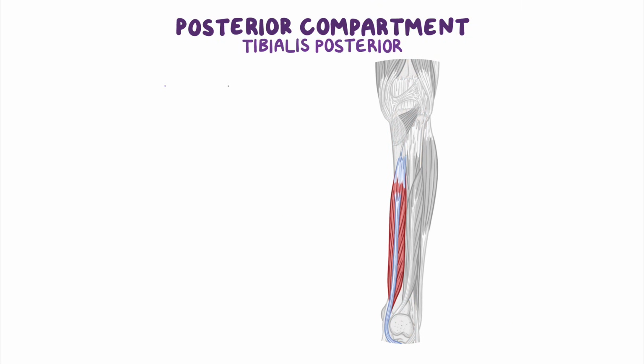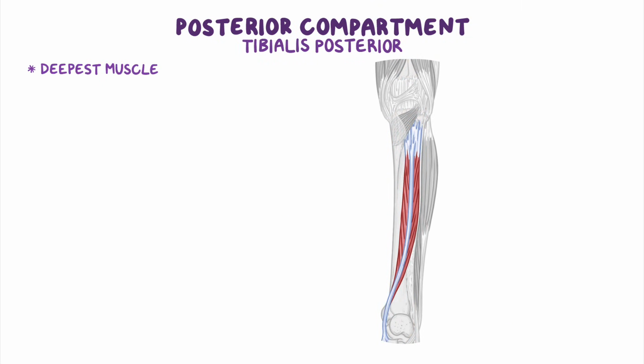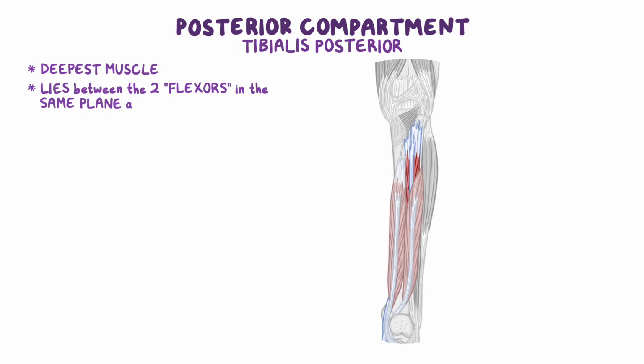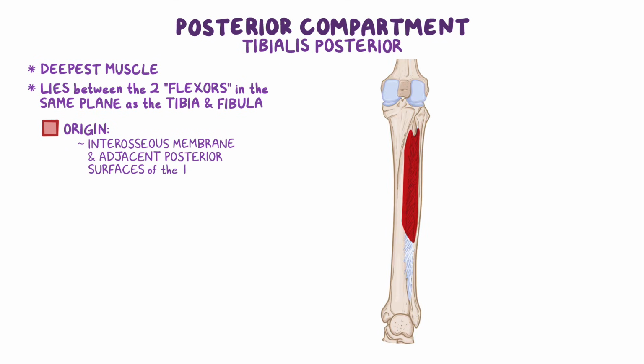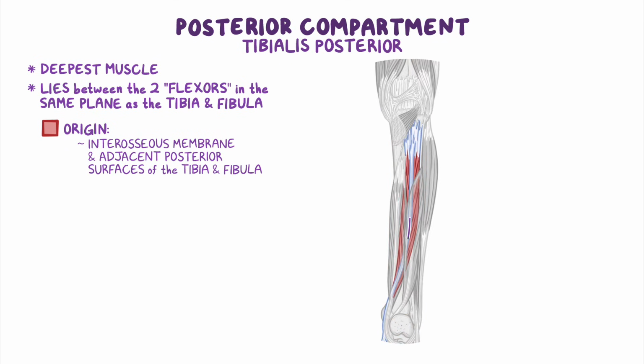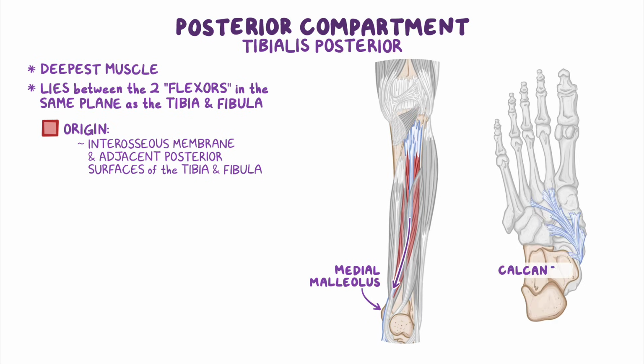And finally, the tibialis posterior is the deepest muscle in the posterior compartment, and it lies between the 2 flexors in the same plane as the tibia and fibula. It originates from the interosseous membrane and the adjacent posterior surfaces of the tibia and fibula, and it descends down the leg between the 2 muscles until it passes posterior to the medial malleolus and reaches the calcaneus deep to